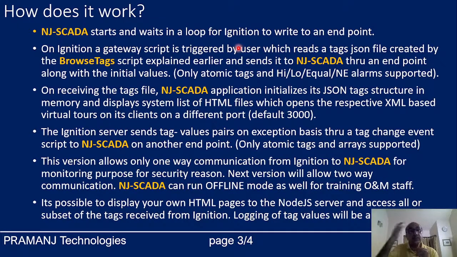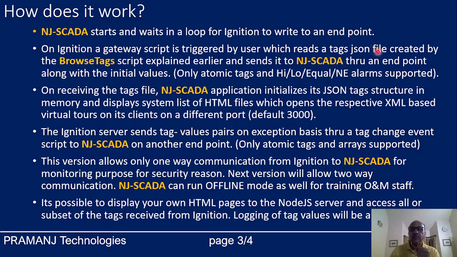So how does NJ-SCADA work? NJ-SCADA basically is a standalone Node.js application. So as soon as you start the NJ-SCADA application, it will wait on a timer loop for Ignition to write onto one of its endpoints. On Ignition, a gateway script has to be started through a memory tag, and as soon as the gateway script is started, it reads the tags.json file,